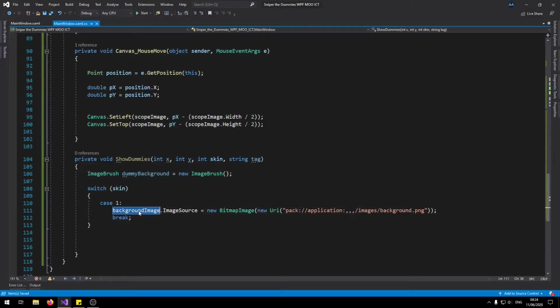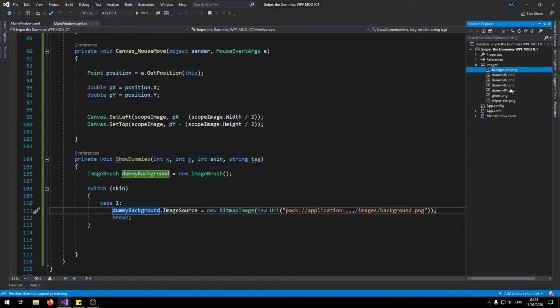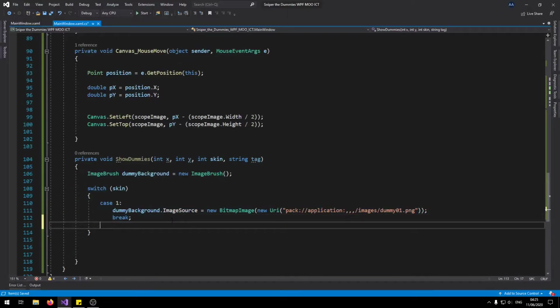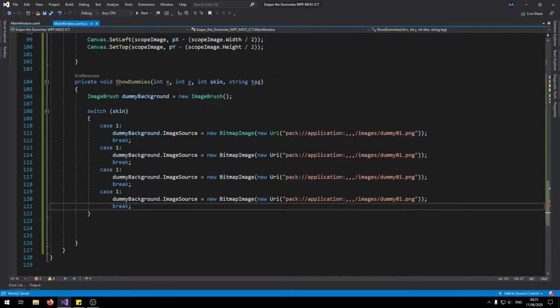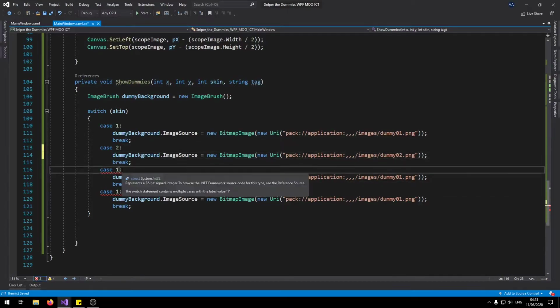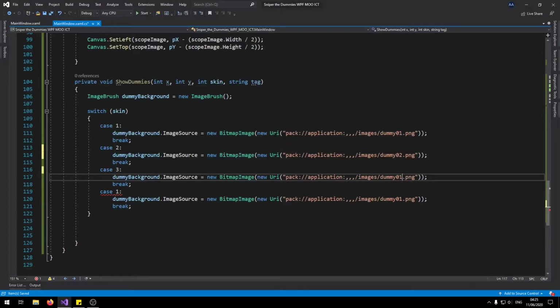Okay, and then say dummy background here, and then let's just go make sure I got the right name. So it's dummy 01 png. Okay, dummy 01 png, like so. Okay, so I'm just gonna copy and paste that here, change that to 2, change that one to 2, to 3, and that one to 4,